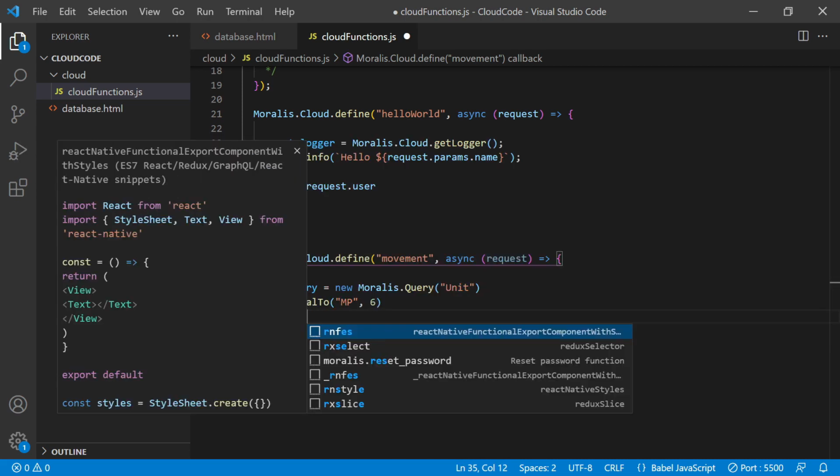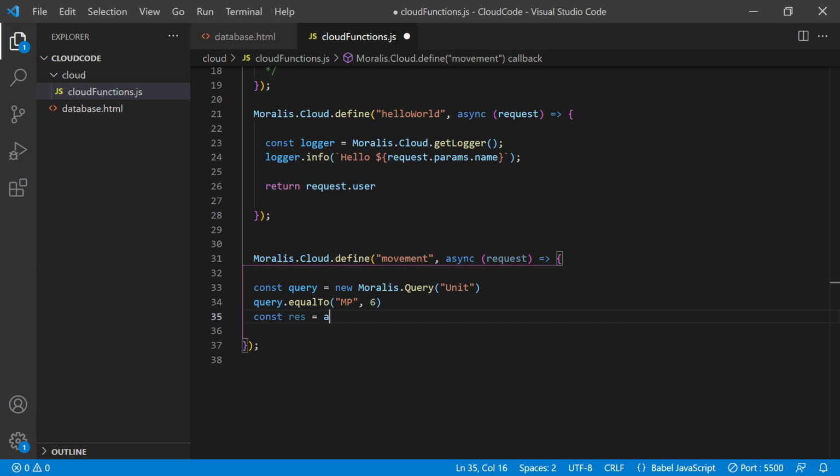Let's call that res, and we will make that equal to await query.find. Don't need to worry about the master key here. And then we could return and see what we get back from that. Chances are we're going to need to drill down into some data because this might return more data than we need, and we'll try and carve off all of the things that we don't want. If I save that,